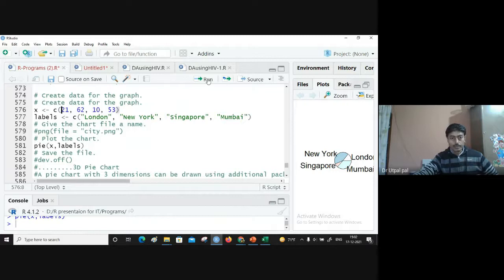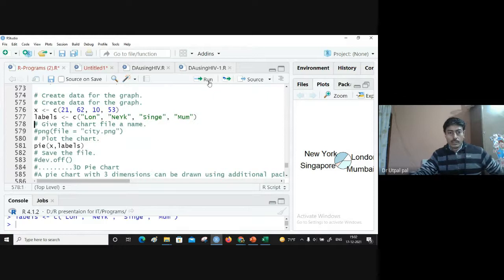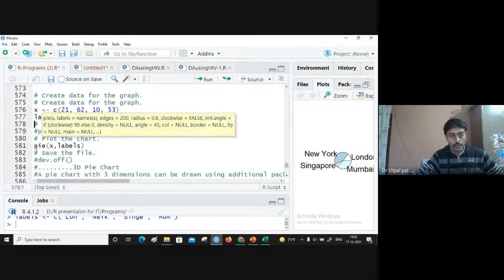Run it, and these are the labels I have assigned. Let me give very small names like L for London, New York, Singapore, and Mumbai. Run it, and now for plotting a pie chart we have the function pie.